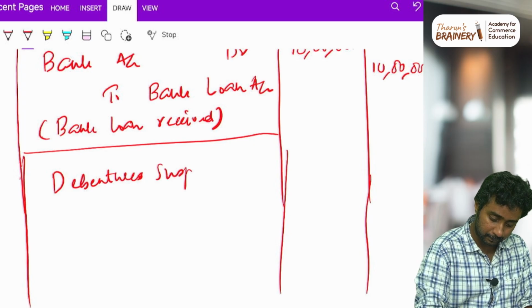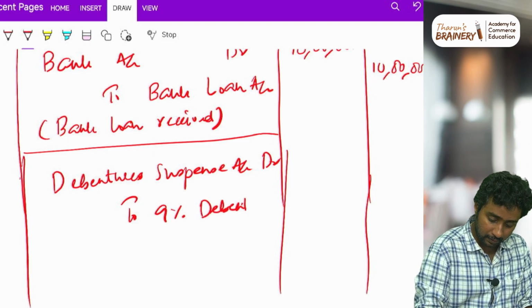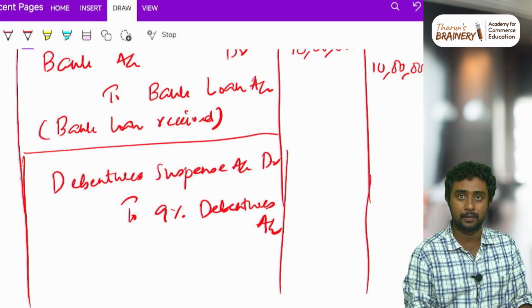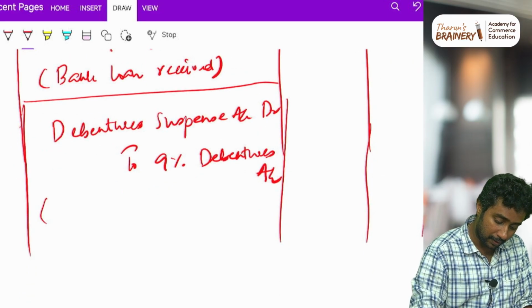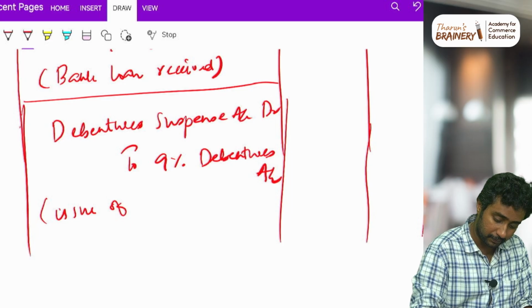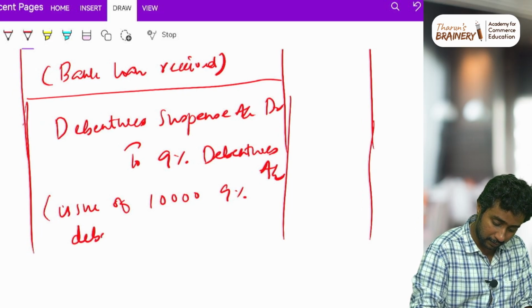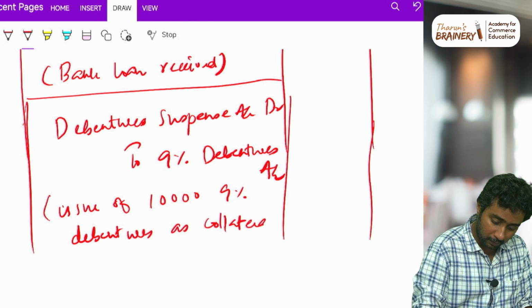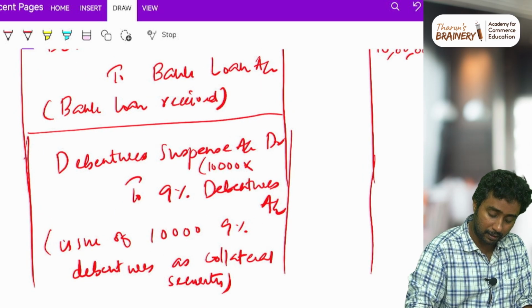Debenture suspense account debit to 9% debentures account. In brackets you will be writing issue of 10,000 9% debentures as collateral security, and we will be mentioning the amount here: 10,000 into what is the amount given in the example,